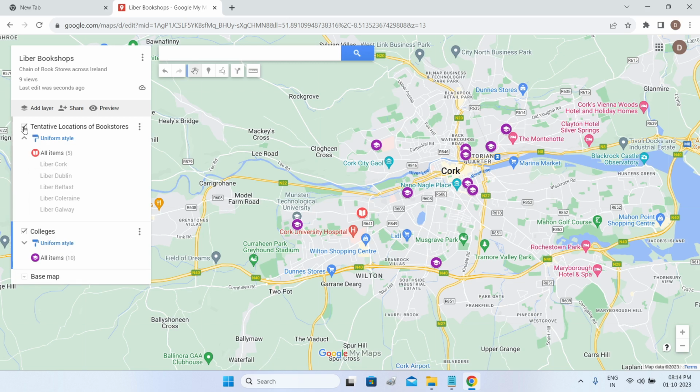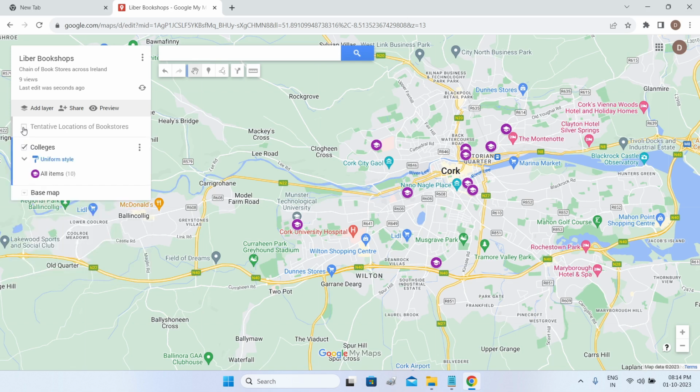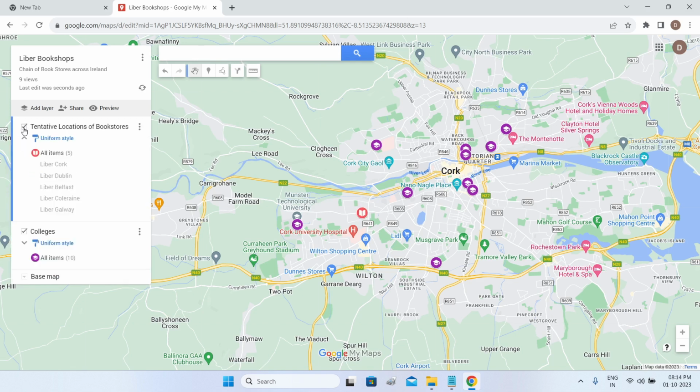Likewise for the tentative bookshop location, if you click on this, it'll be switched off and this will be switched on. Now this gives us some vital information. You can see that there are quite a few colleges here, and our bookshop is located at this particular location. So there is an argument that we can actually move this bookshop to a location that is proximate to most